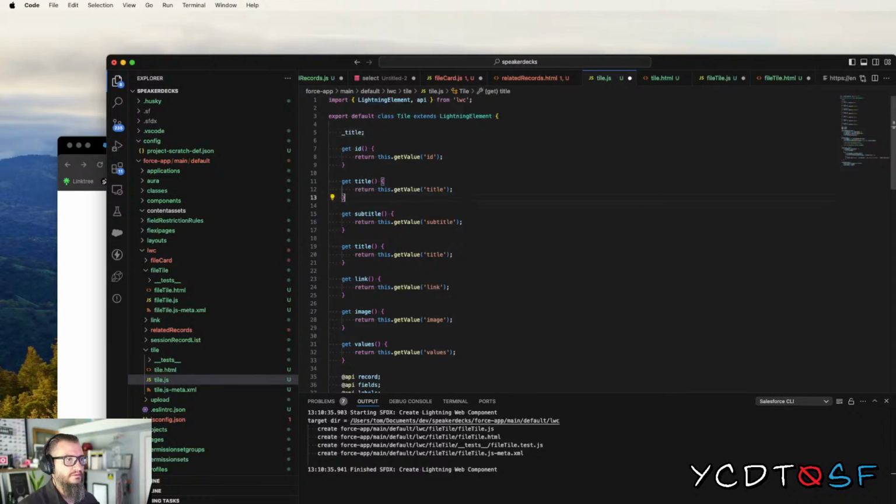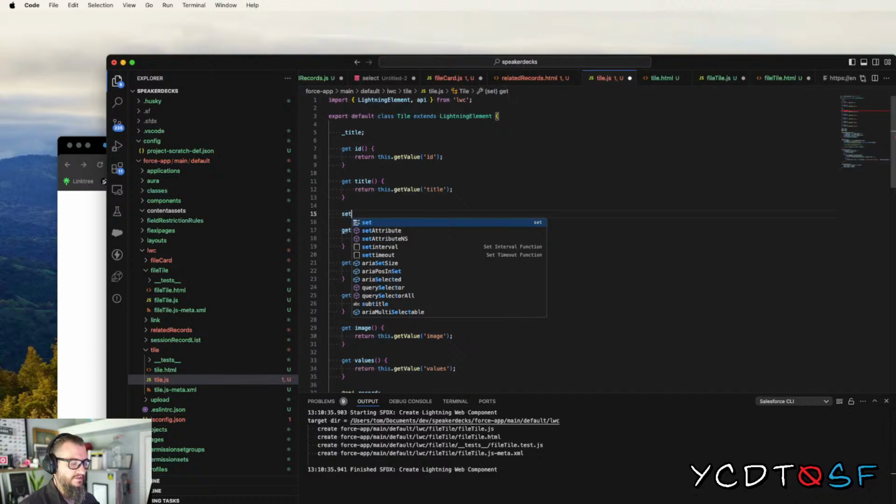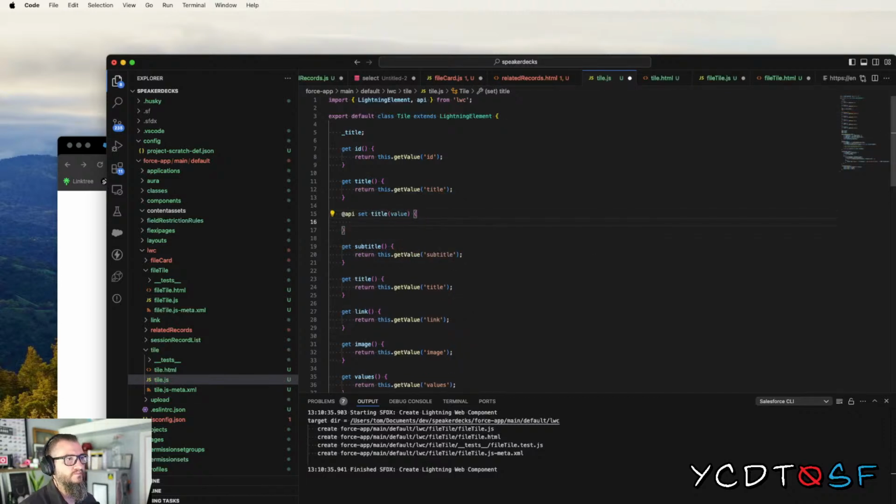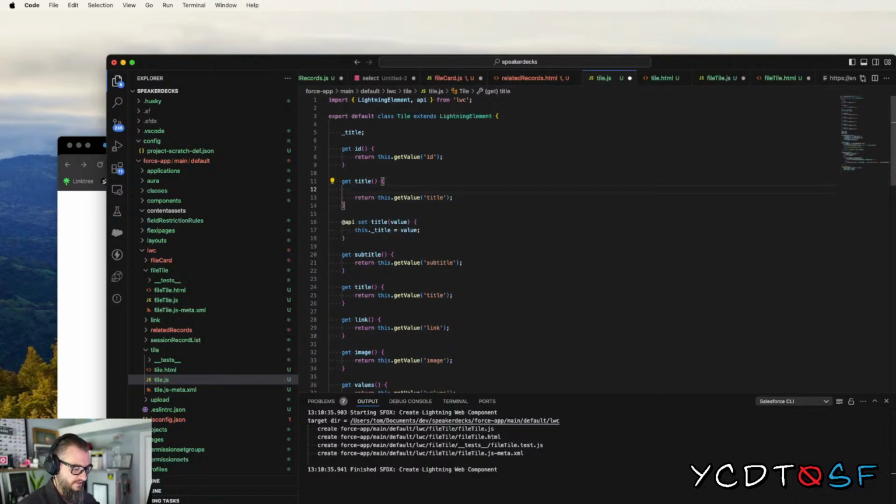And if we set... This would be API, right? Because we're going to set this from another location, value. And then this dot underscore title equals value. Okay. And then if up here we say if this dot underscore